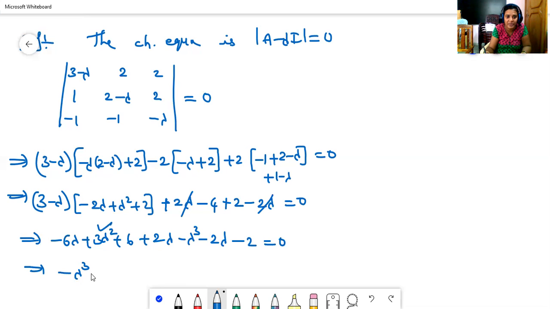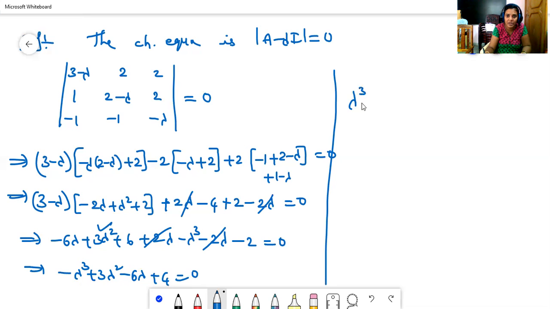Here plus 3 lambda square plus 2 lambda minus 2 lambda get cancelled. It is minus 6 lambda plus 4 equal to 0. From this, taking minus common, we are getting lambda cube minus 3 lambda square plus 6 lambda minus 4 equal to 0. Here,